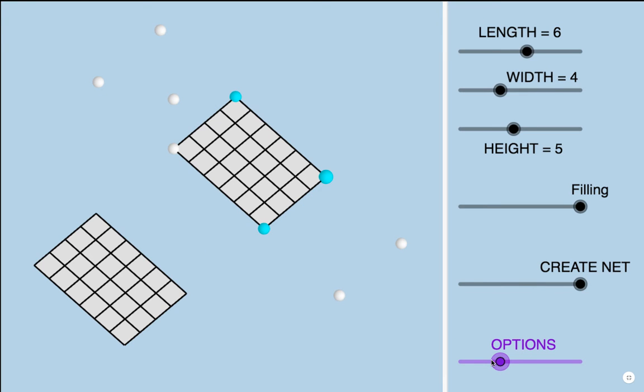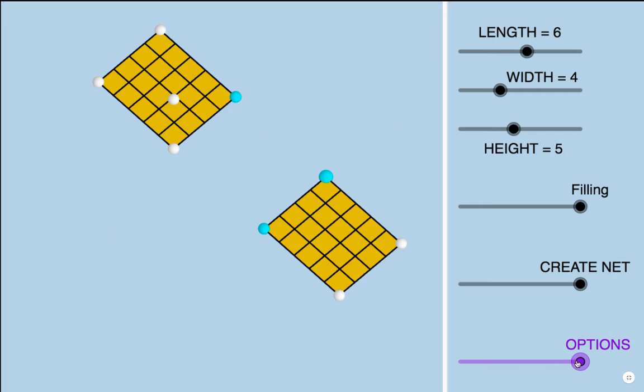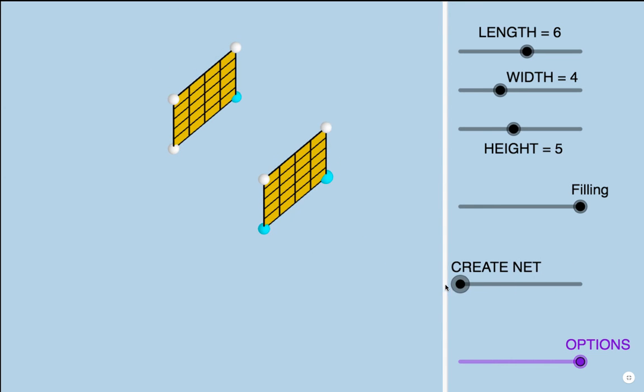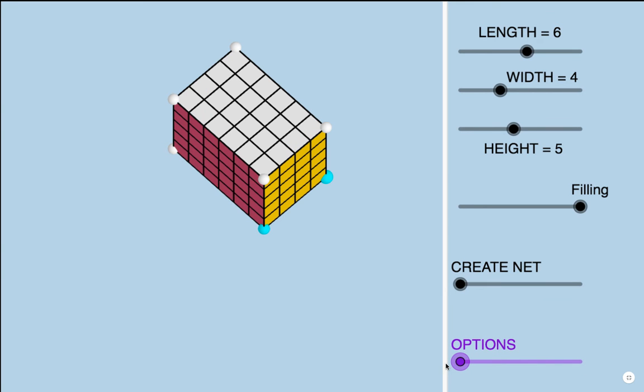There's the top and the bottom, so that's 4 by 6. 4 by 6 is 24 plus 24, 48. This is going to be 5 by 6 and 5 by 6, so 30 and 30. 5 times 6 is 30, 5 times 6 is 30, or the last one, which is here, and what's that? 5 times 4, which is 20 and 20. So I think it's 148 if I remember correctly, or we can look at it in terms of different things. If we create that